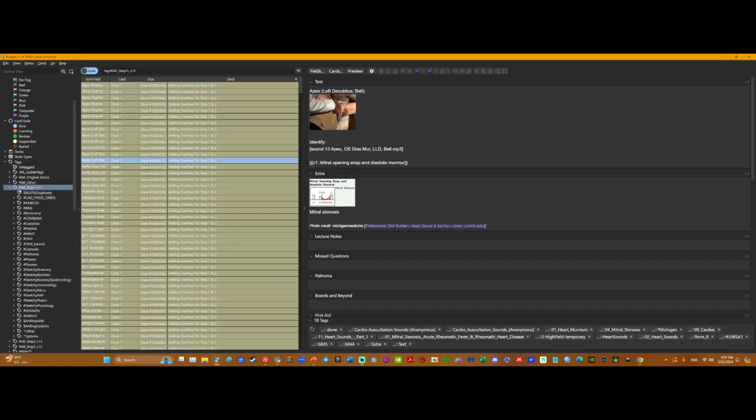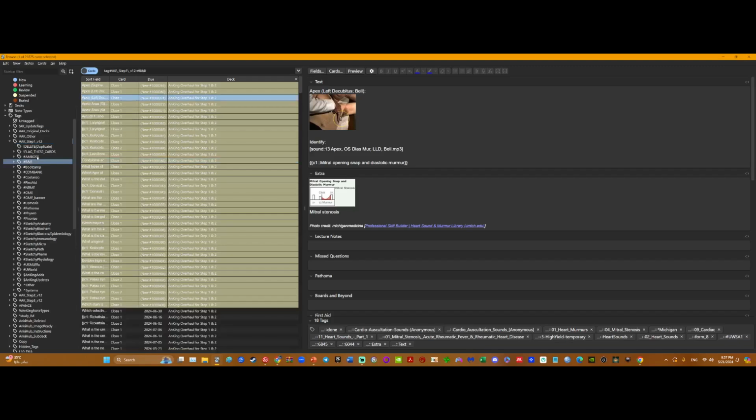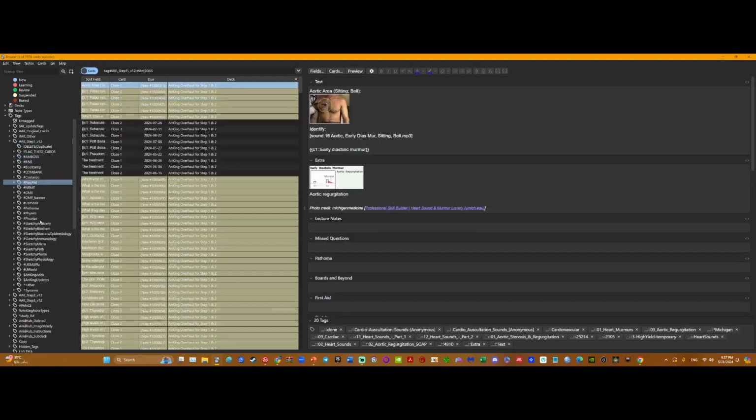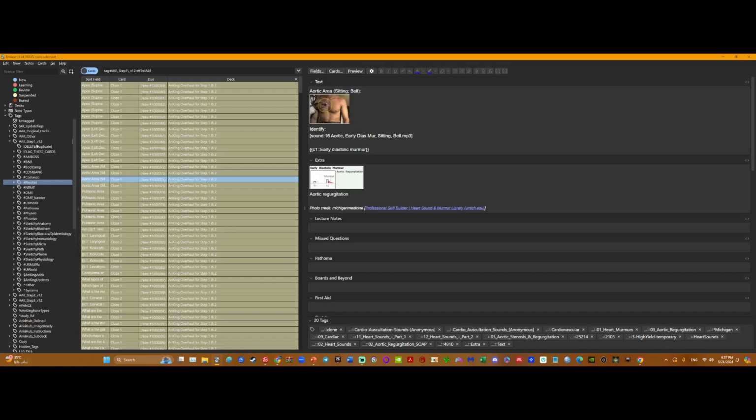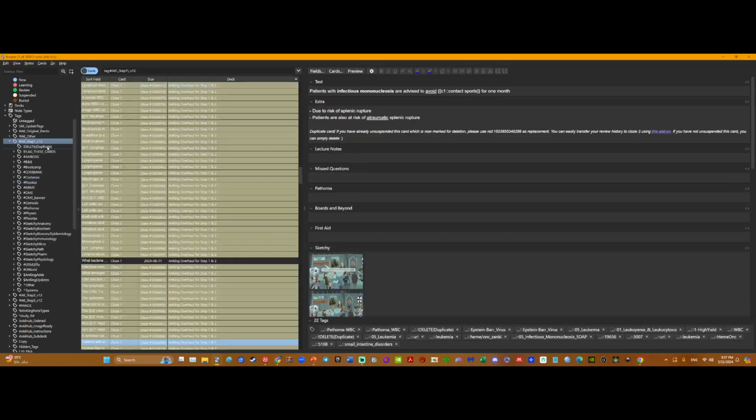I click on this tag. Sorry, this is all tags. I click on this tag. It will show me sub-tags. So, like I said, it relies on tags, not on subdecks. So you have a tag with a bunch of sub-tags. One for Boards and Beyond, one from Ambus, one from the book, and so forth. So the first thing I must do is click on the tag itself. Step 1,